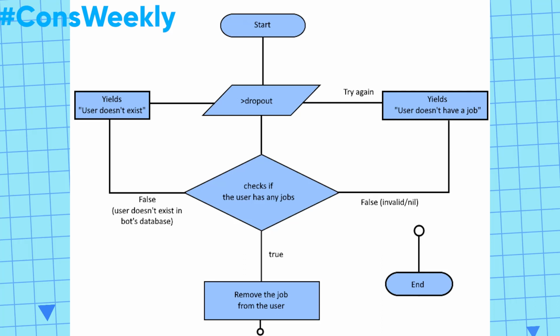If the user doesn't have a job or doesn't exist in the database, it yells either user does not exist in this database or user does not have a job. However, if the user has a job, it removes that job from the user.